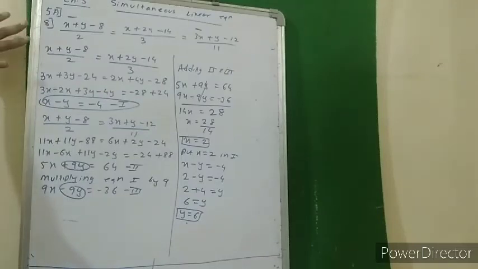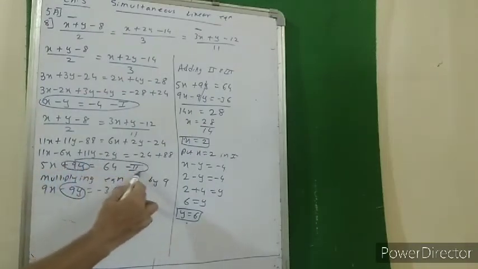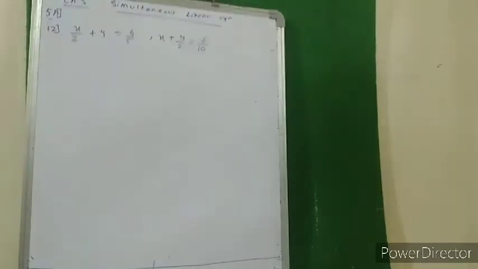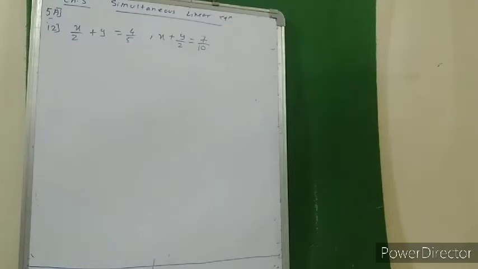In this question, the equation was not given. First I framed equation 1, then equation number 2. Then by multiplying by 9, I got 9 equal in both of them. Once the 9 is equal and the signs are different, I added them and got the values of x and y respectively. Now I will directly solve after 8 sums. 9, 10, 11, you solve on your own. The 12th one I will do for you.